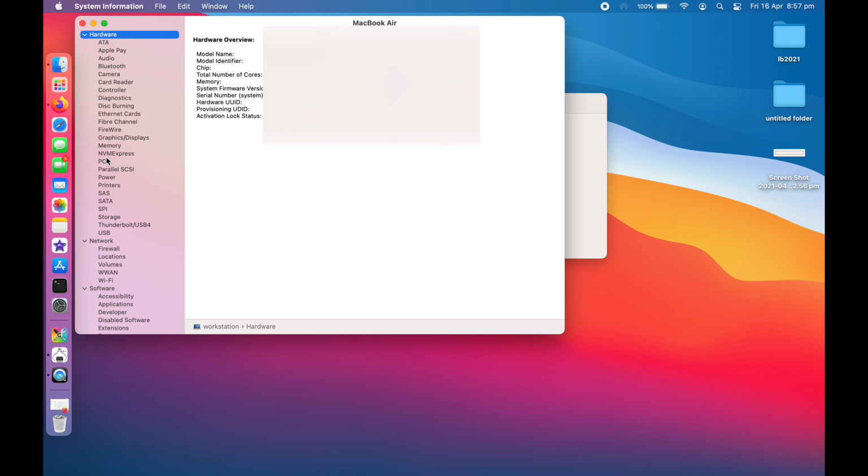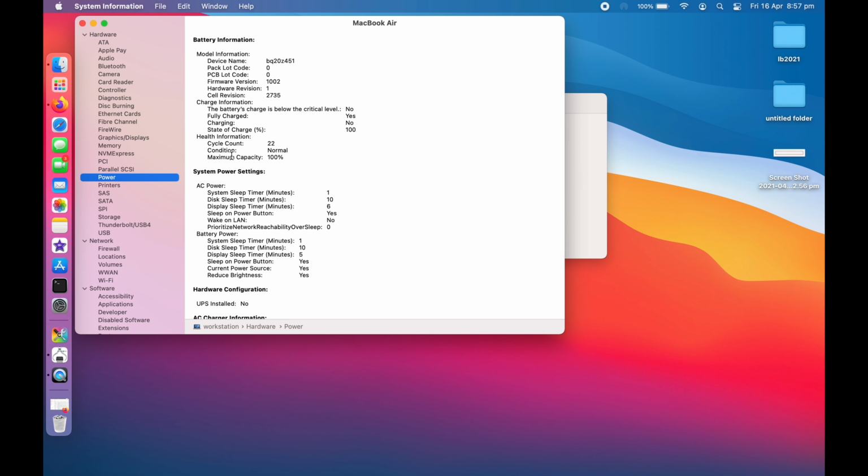information. What we are looking for here is this power information. Just tap on power and this will take us to this page where we can find the battery cycles count. So as you can see, currently my MacBook Air's cycle count is 22 and it's normal, and its